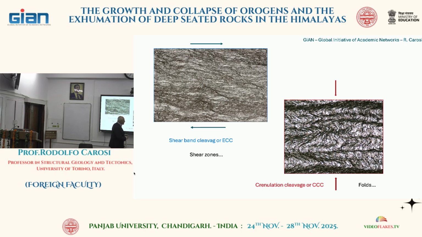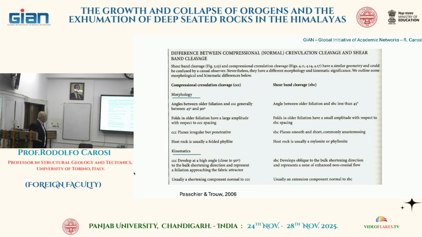Maybe one takes this feature and says sinistral sense of shear, instead there is superposed foliation by folds. This is a different history of formation and a different, of course, displacement if there is any. So in the book of Passchier and Trouw,